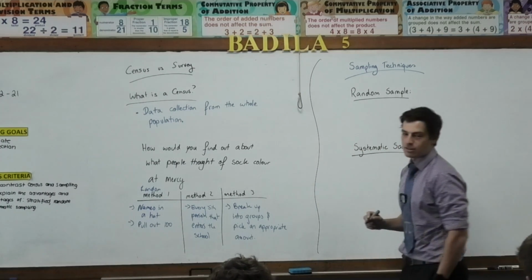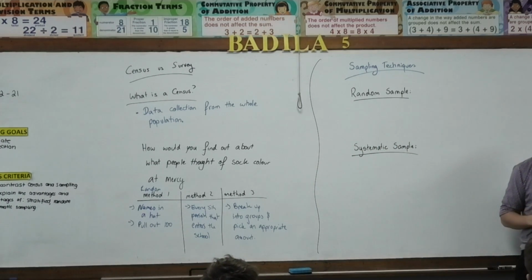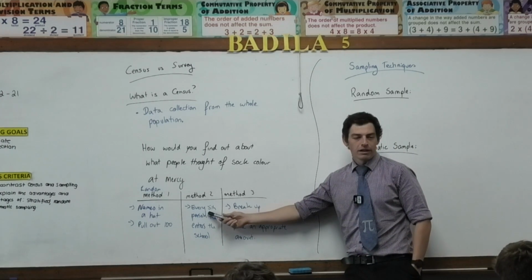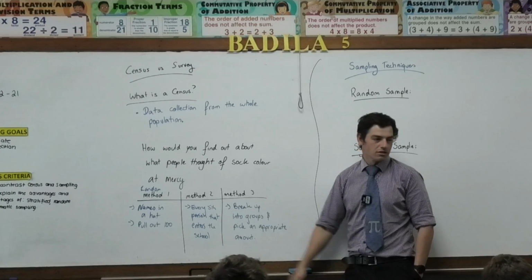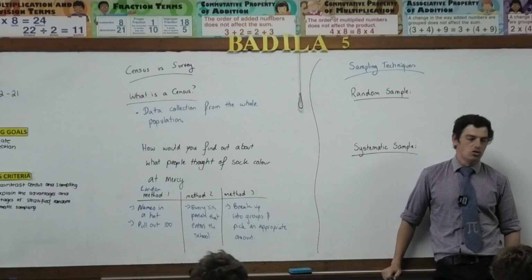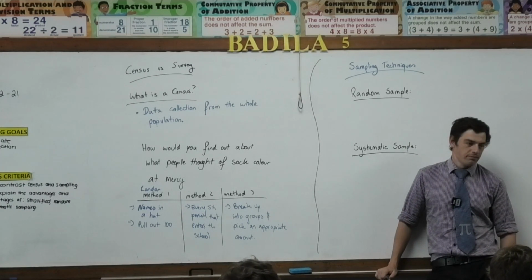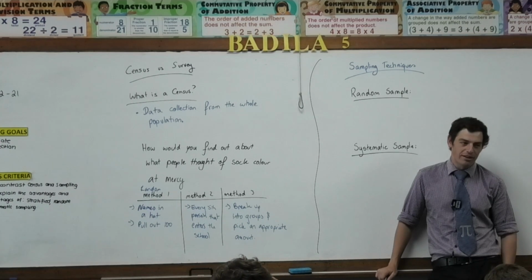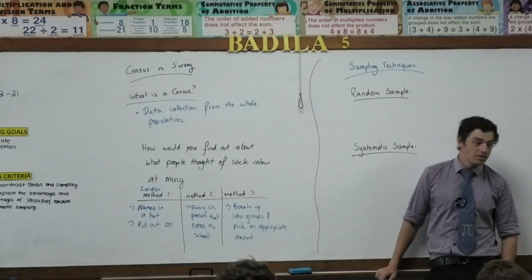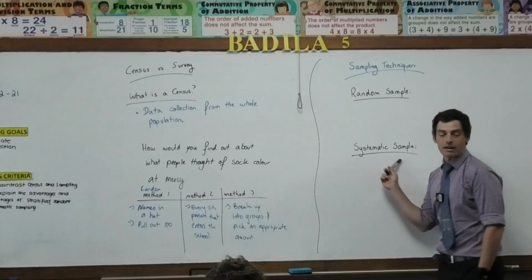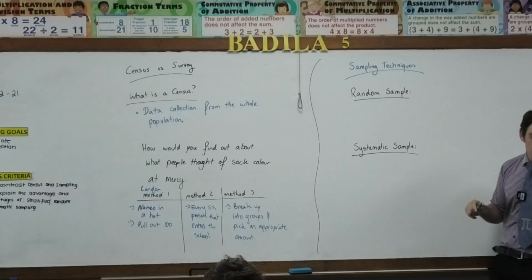Why do you think they call it systematic? Why do they call it systematic? It looks like we've got a system in place. Every fifth person. All students whose names end in A or B. Does that make sense? I can clarify a bit more if you like. There's a system, you see. Every fifth person, that's the system, so they call it systematic. It's a good system, isn't it?